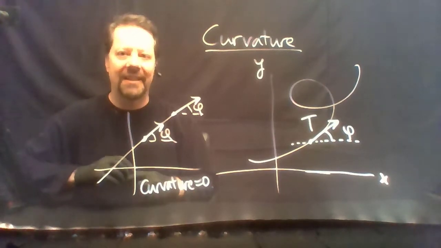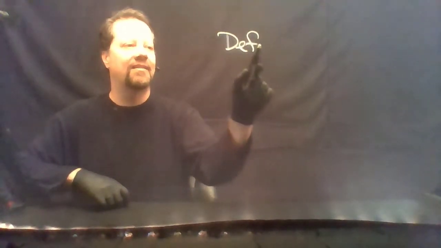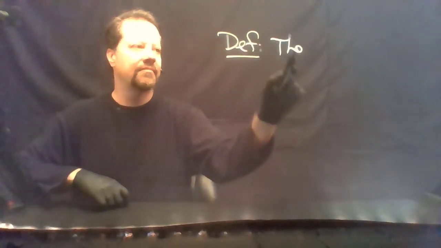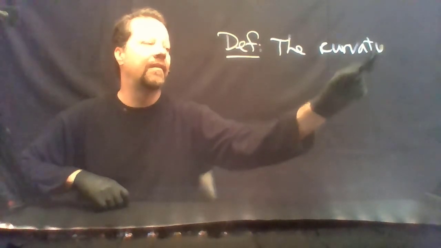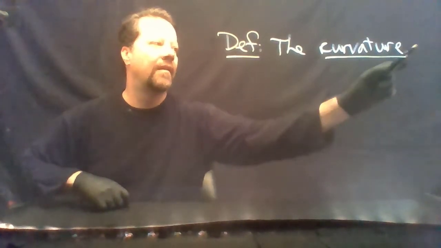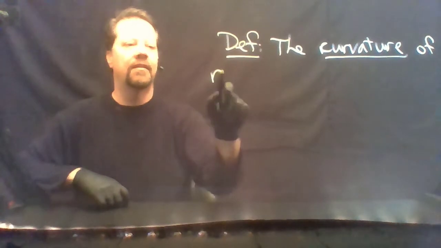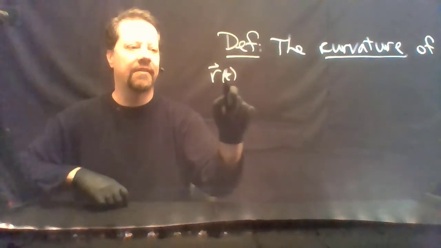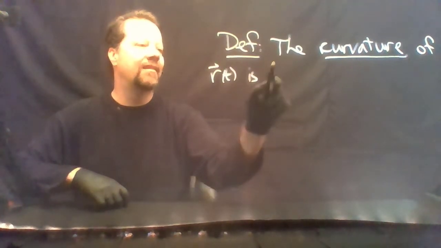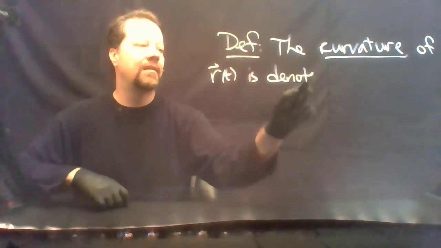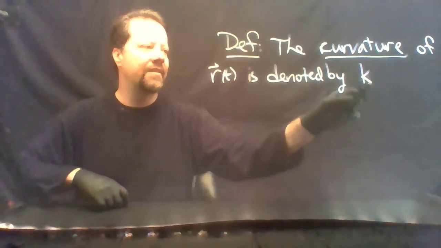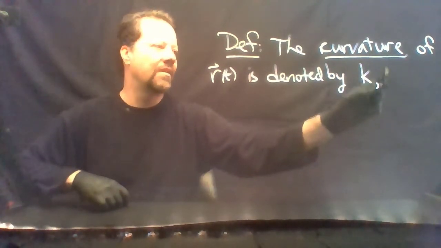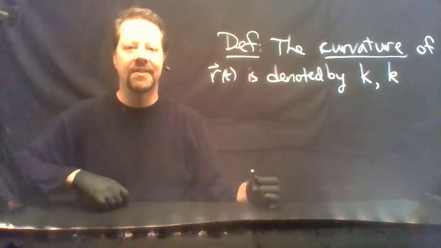We can make the following definition. The curvature of some parameterized curve, r of t, is denoted sometimes with a kappa like this, or I'll just use k because it's easier for me to write,